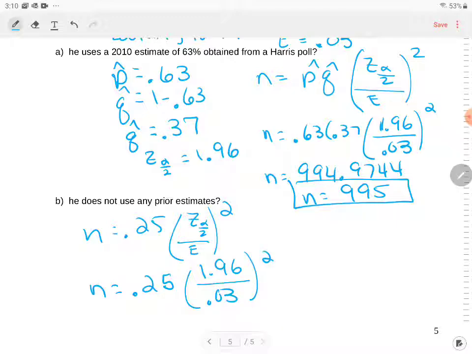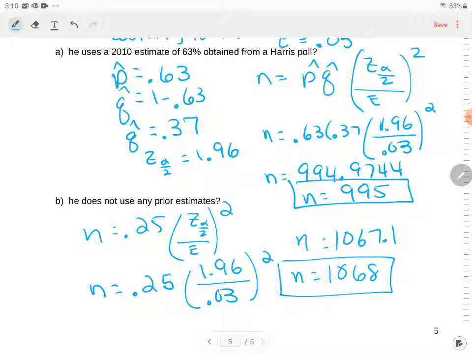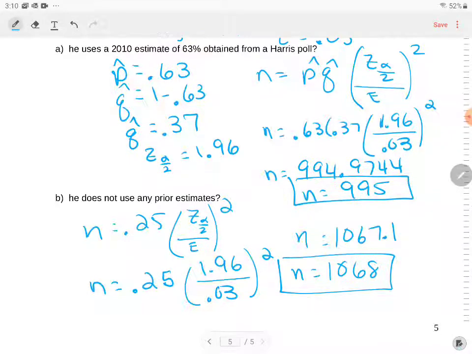So make sure you put those numbers in parentheses. So n is equal to 1067.1. Again, we have to round up because you can't have part of a person, so you have to go ahead and round that to the whole. So we would need 1068 to be able to get our sample size